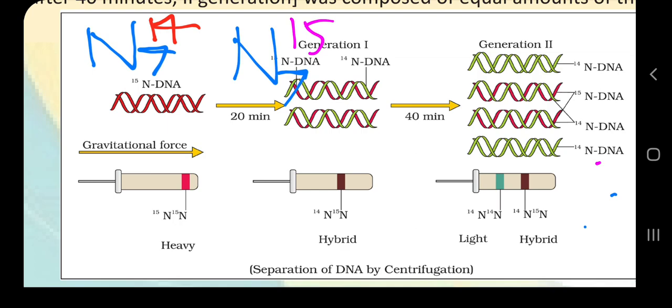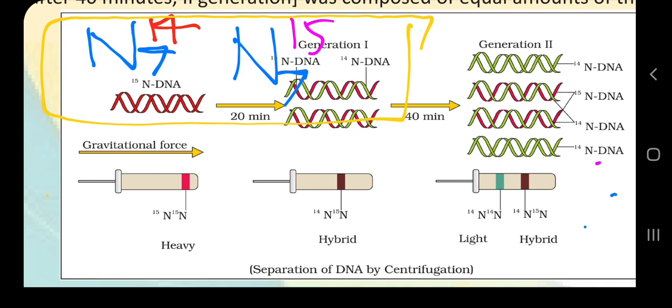So in very simple terms, imagine two types of nitrogen: one has 7 protons and 7 neutrons, and another has 7 protons and 8 neutrons. Where do you place these nitrogens in the periodic table? You are in class 12th, you have studied chemistry, you know that both of the nitrogens are placed in the same column or same chamber in the periodic table. That is why they are called isotopes.